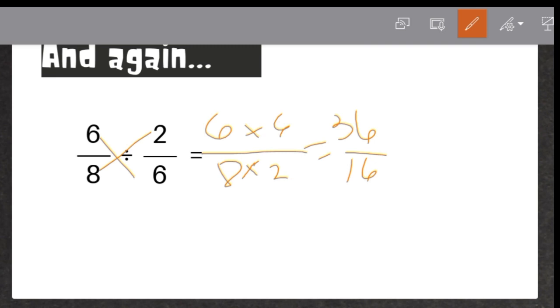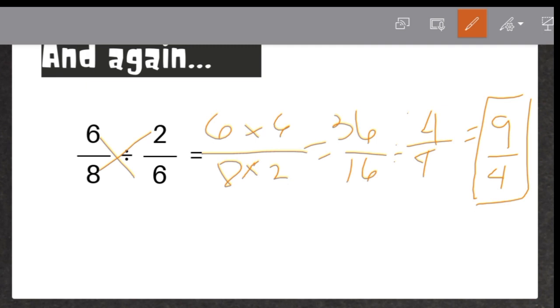Is that our final answer? No, since it's not the lowest term. Their GCF is 4, right? 4. So 36 divided by 4 is 9, and 16 divided by 4 is 4. Is that our final answer? No, actually, that's not our final answer. Since, as I've said before,